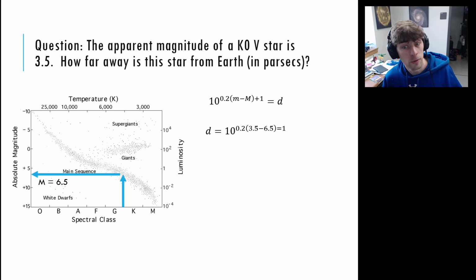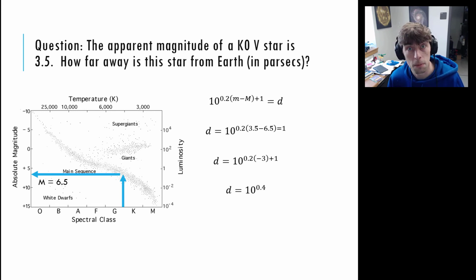And then we run our numbers. Okay. So we have a difference of 3. Don't forget the negative sign, very important, right? 3.5 minus 6.5. So we have a negative 3 in there, very important. And so we run this in our calculator. So we get negative 0.6 plus 1. So that should be 10 to the 0.4. We turn the crank and, oh yeah, by the way, we already happen to know 10 to the 0.4, right? That's 2.5. So this star,